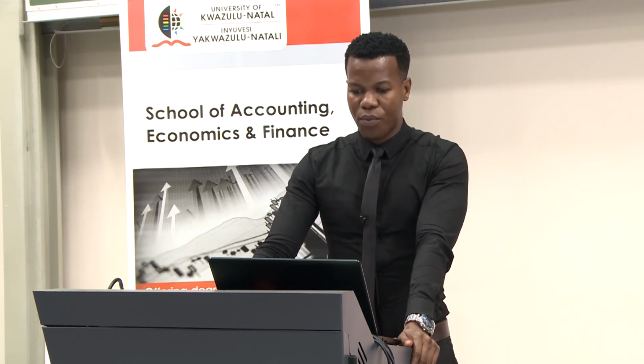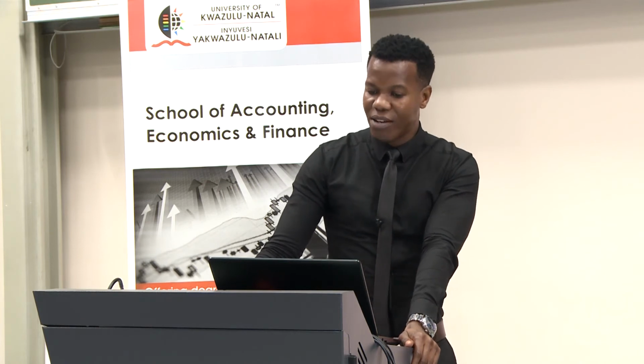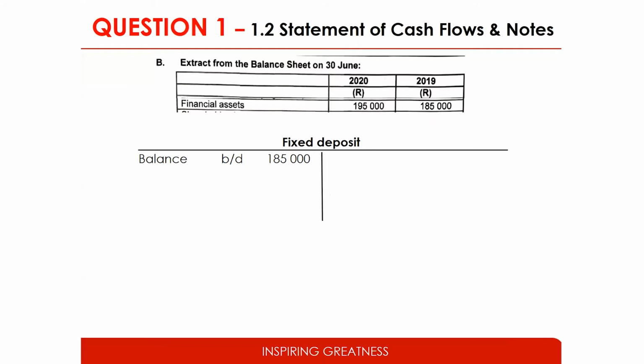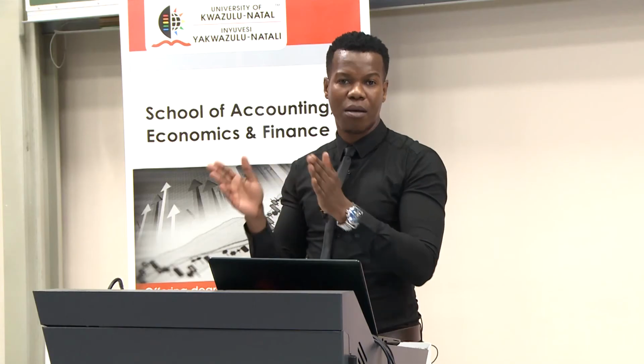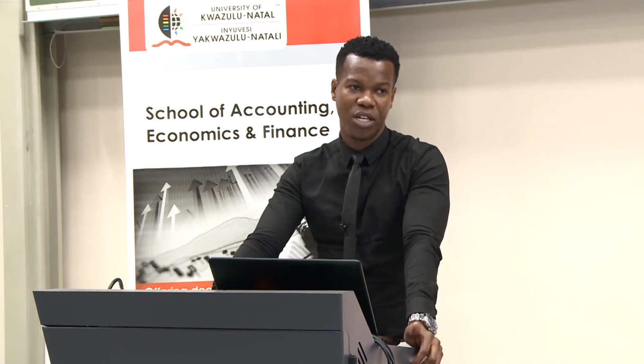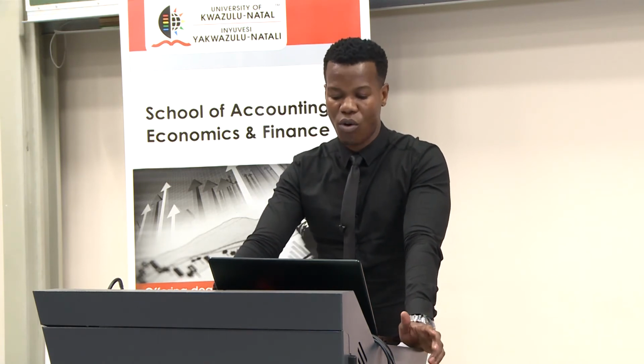And then when we look at your investing activities, the first one that we look at is your fixed deposit. A fixed deposit is when you have taken money and you've decided to go invest it somewhere else. It could be a bank. You put it in there for a certain amount of time so that you can earn interest from that amount. It is fixed, meaning the period for which you invest is clearly stipulated and communicated to you. So you know exactly that I'm putting it for a year, 5 years, 10 years, or whatever the case may be.